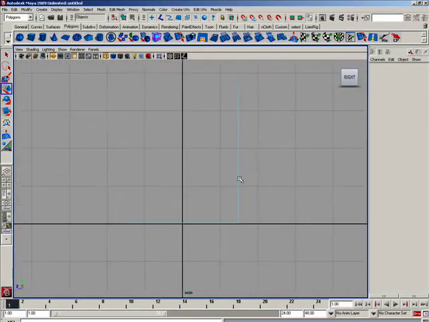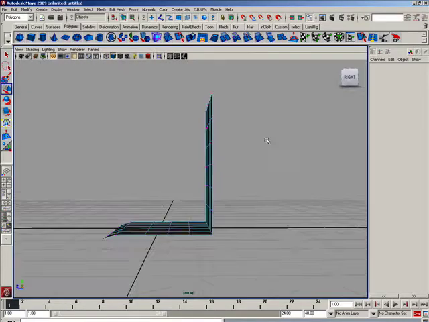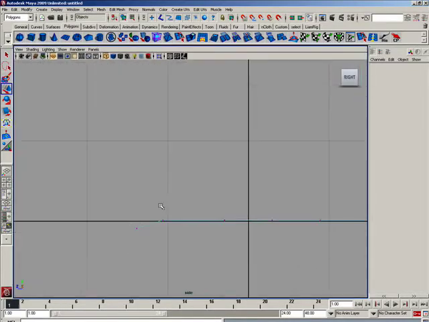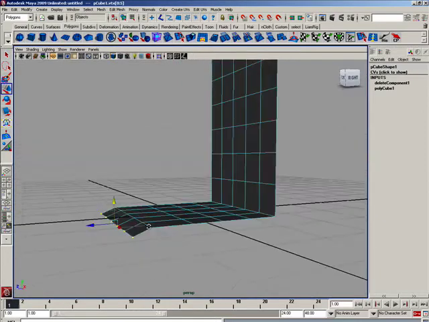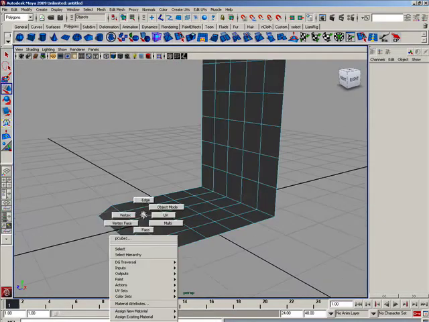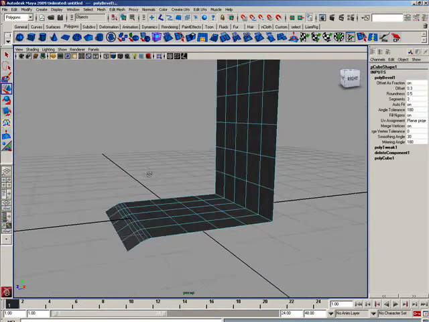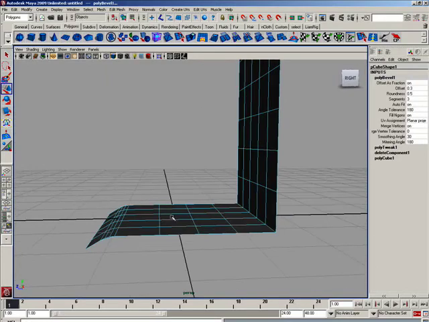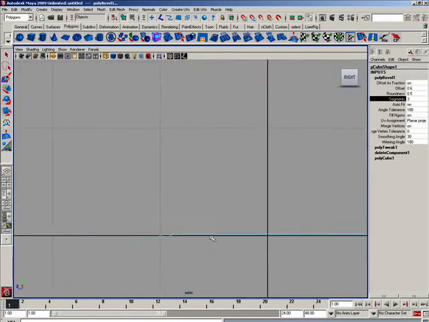Okay, now going into the vertex mode, I can pull it down to get that kind of a bend that is there. And the other thing that I could do is, for this particular edge, to make it more round I can just bevel it. So I can select this edge, and from the edit mesh menu I can do bevel. This way my chair would get round. And when I bevel something, I always have these options of doing the offset and defining the number of segments that I want. So I can keep it to 2, which would be good, and my chair would be down.